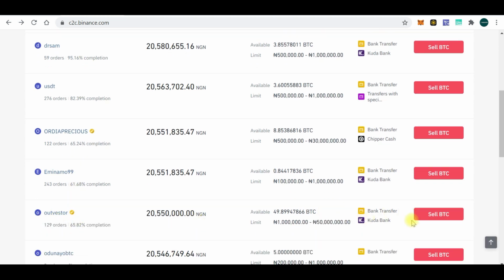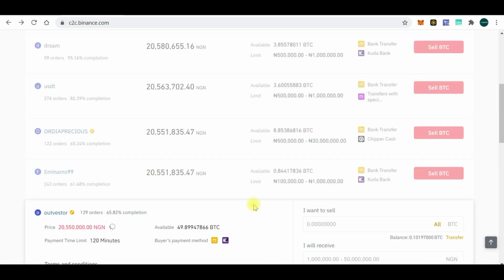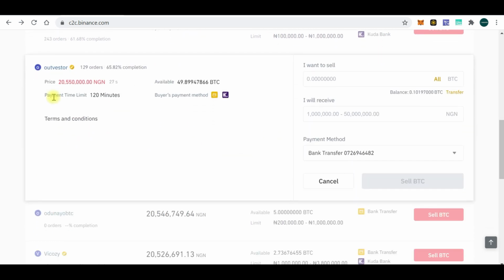So if I click that I have Bitcoin to sell, I want to sell my Bitcoin to him. If I click on sell, here we go. This is the price for one Bitcoin, 20.5 million. So here I have to put the number of Bitcoin that I want to sell. Let's say I have 1 Bitcoin to sell. This is what he's going to pay me. You can see my Bitcoin balance; I don't actually have up to that amount, but this is what he's going to pay me,